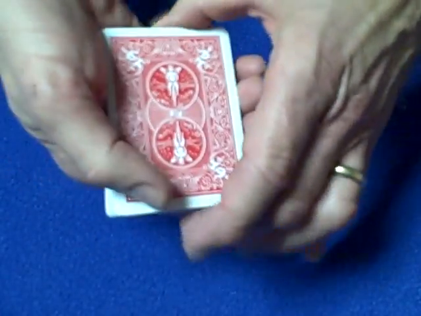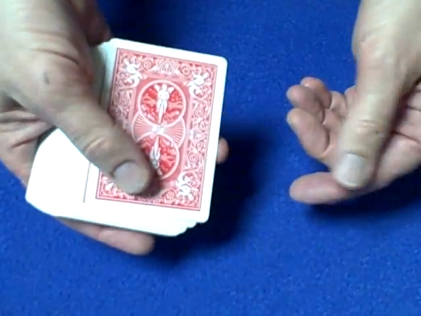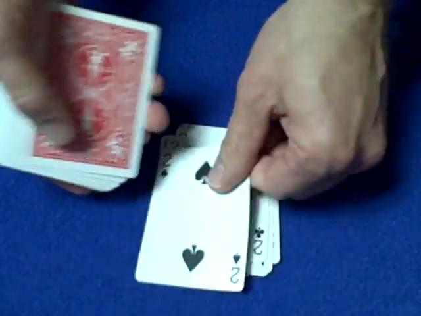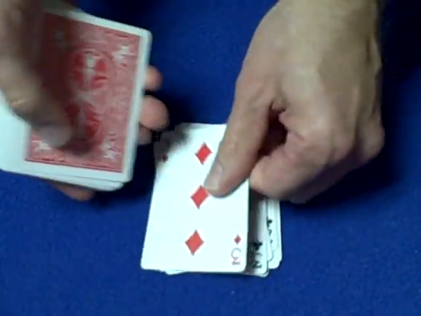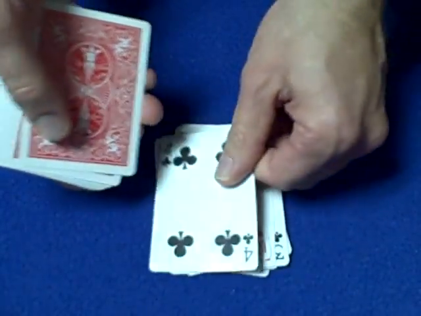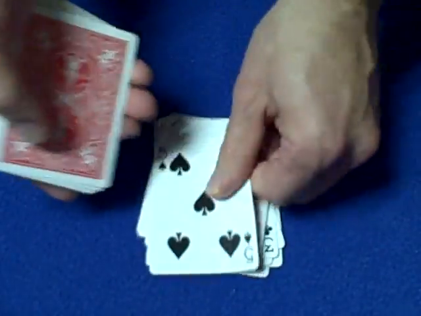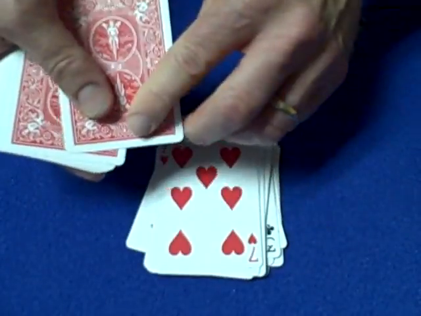Now I'm going to go through the setup quickly, and the setup is also in the description box. You want the King of Hearts, Ace of Clubs, Ace of Diamonds, Ace of Spades, Queen of Hearts, Two of Clubs, Two of Diamonds, Two of Spades, Jack of Hearts, Three of Clubs, Three of Diamonds, Three of Spades, Ten of Hearts, Four of Clubs, Four of Diamonds, Four of Spades, Nine of Hearts, Five of Clubs, Five of Diamonds, Five of Spades, Eight of Hearts, Six of Clubs, Six of Diamonds, Six of Spades, Seven of Hearts,